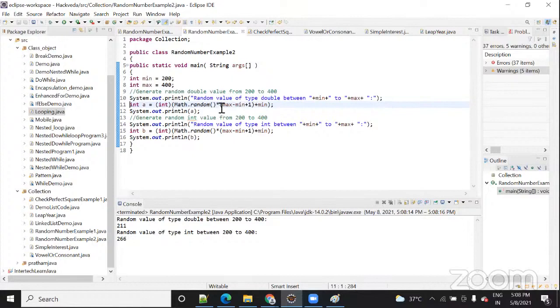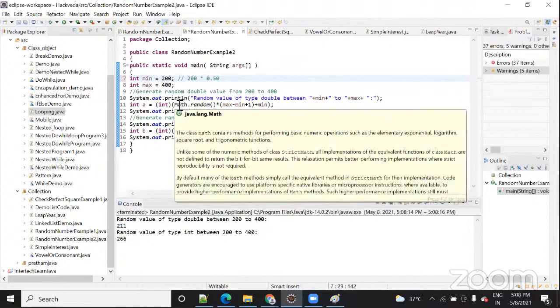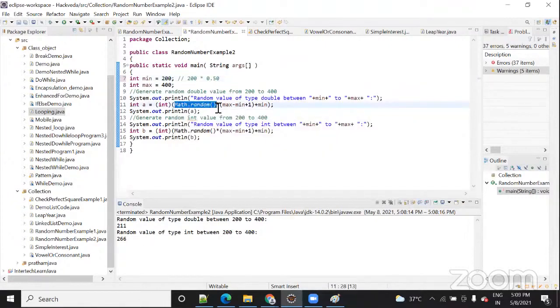The only difference is that you are multiplying with this equation, or you can say this formula, or you can say a logic. So logic means here, if you multiply obviously with this number any random value. For example, your random value is 0.50, and if you multiply with 400, how much value will you get? If you multiply 200 by 0.50, 100, correct. So here the same thing is happening. Math.random generates some random value in decimal, and then they are doing an operation on this, so you are getting values in this range.